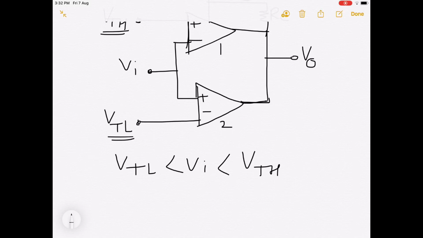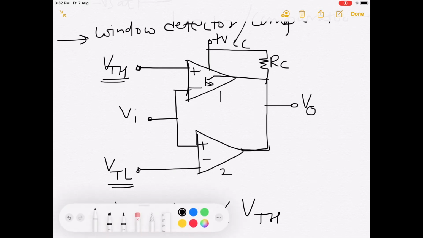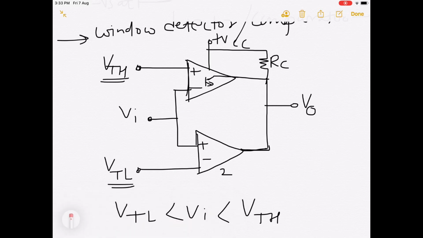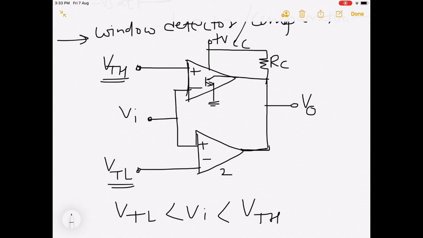Now, inside this comparator, one transistor is there. We want to see the working of this, that is why we are drawing it. Okay. So for switch on and off, these transistors are required. Okay. So here we will remove this line and then this will be grounded. Okay. Then again one transistor which is inside this comparator, this is grounded and this is your output.